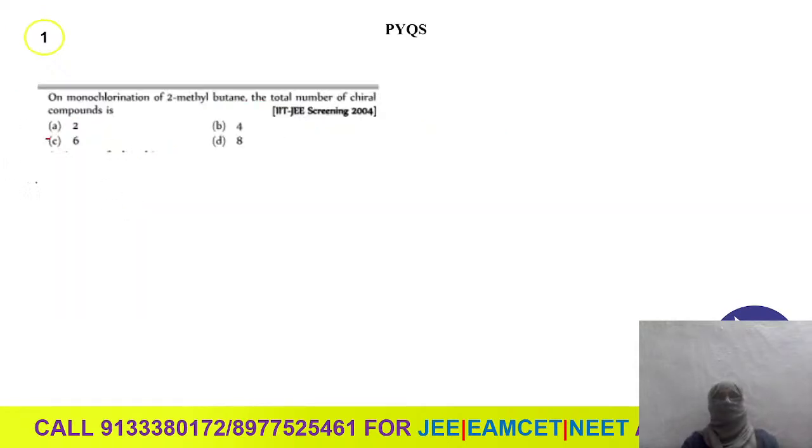The next question is on monochlorination of 2-methyl butane. The total number of chiral compounds is. Let us draw 2-methyl butane first, and they're telling monochlorination. We need to add 1 chlorine to that 2-methyl butane. So this is